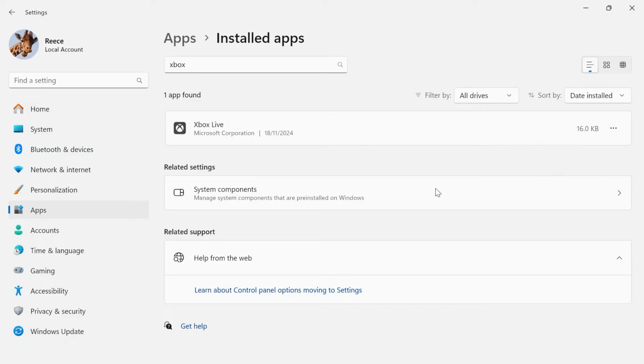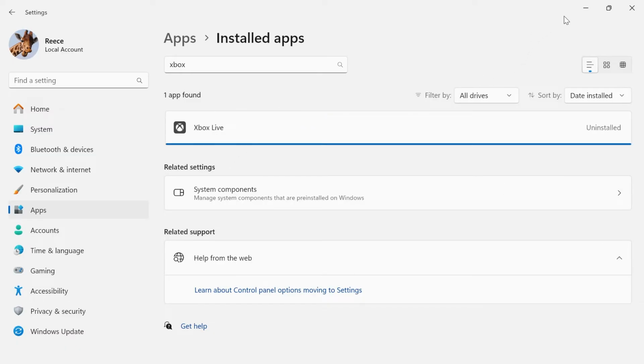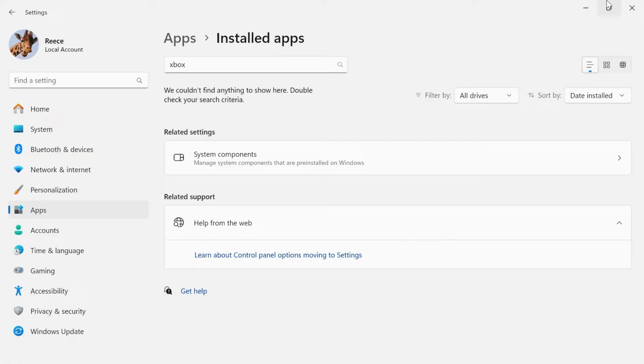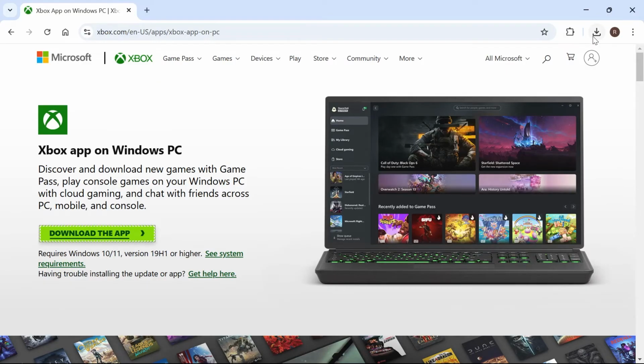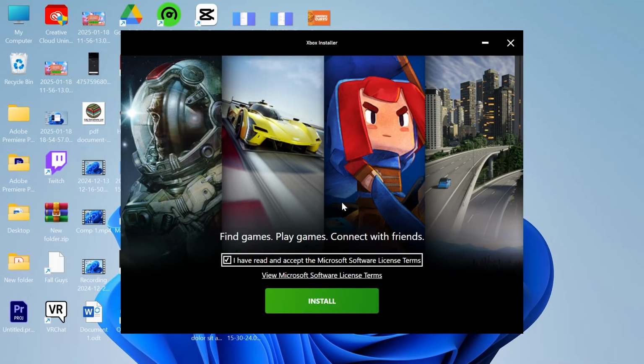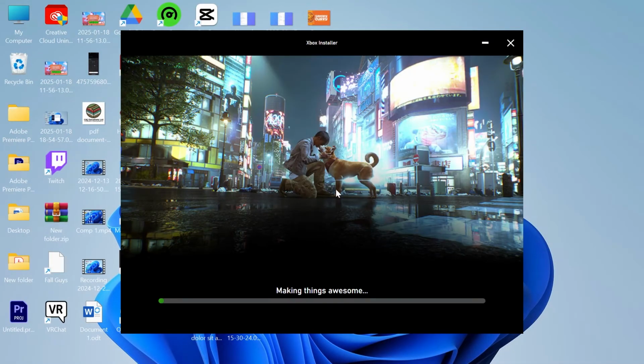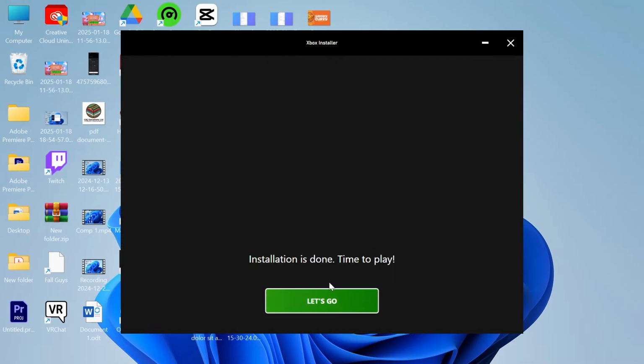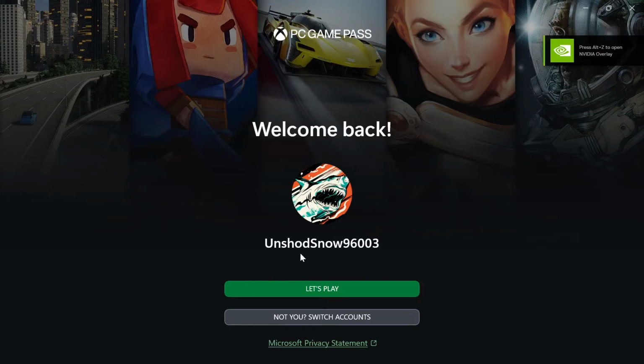Just click on Uninstall. Now once you've uninstalled both of these applications, you can then head back over to your internet browser, and once again we're just going to click on the Xbox installer, and this time you should have the option to go and install it. So click on install, and now just wait a few moments while that installs to your system. Once it's installed, click on let's go, and then just make sure you're signed in to your Microsoft account. If you don't have one of these, then you can create one of them for free, and click on let's